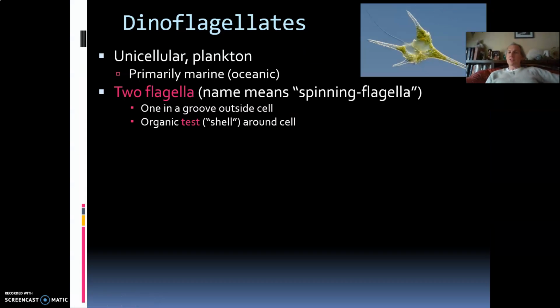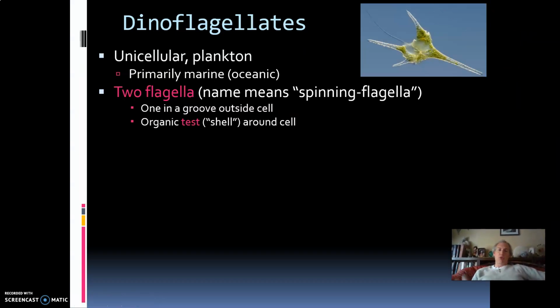So the dinoflagellates are probably the weirdest group of protists that have ever lived. They're so bizarre. They're all single-celled or unicellular. They're all plankton, meaning they float around in the water. When it comes to their metabolism, some are photosynthetic, like this one. They have chloroplasts, they're phytoplankton. Other ones are heterotrophic and don't have chloroplasts, so they're zooplankton. Some are both. During the day, they harness the sun as photosynthetic phytoplankton, and then when the sun goes down at night, they become heterotrophs.